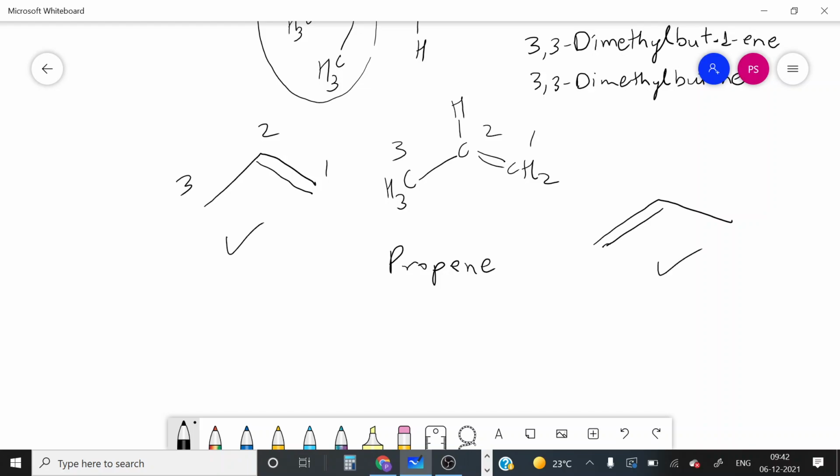If you write the double bond from left hand side, it won't change the numbering. Then in this case you should start the numbering from left hand side, 1 2 3. Again the name of this compound becomes 1-propene. So in case of 3 carbon atoms, when you put a double bond, the position of double bond is always 1. That's why no need to write 1-propene or prop-1-ene, just write propene.